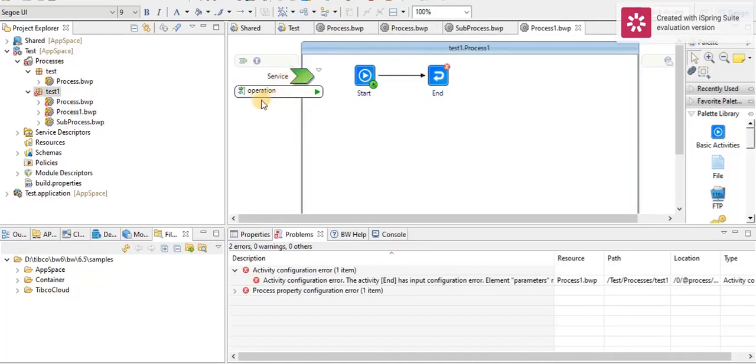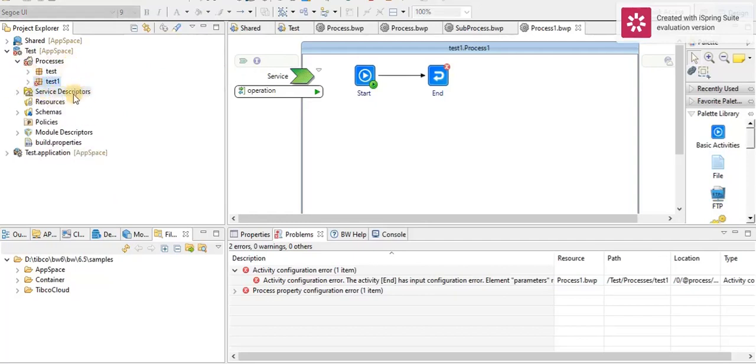This is the service name, this is the operation name. So we can implement our logic inside. So in BW6 there is a new concept: each process can be exposed as a service. Whereas in BW5, we create the process and use it in one or more services, but we do not expose the process as a service.